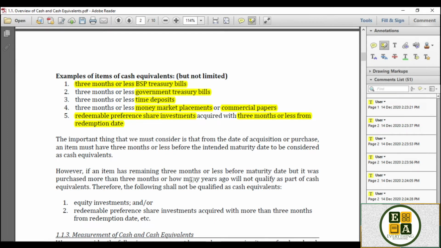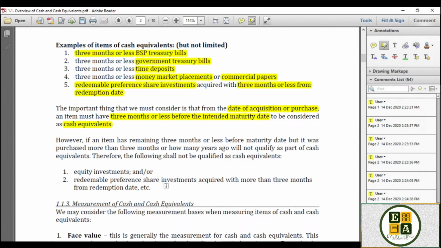So, important consideration is actually the acquisition date. So, titignan nyo palagi yung purchase or acquisition date. Pasok palagi dapat 3 months or less before intended maturity date. Yung redeemable preference share, yung pinaka-maturity date niya is the redemption date to consider as cash equivalents. Then, sa mga problem solving